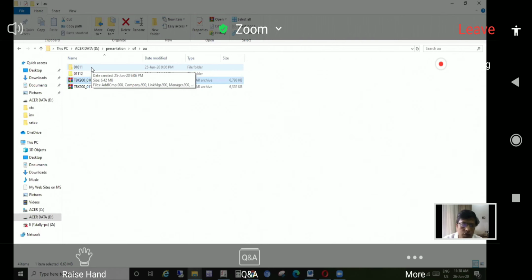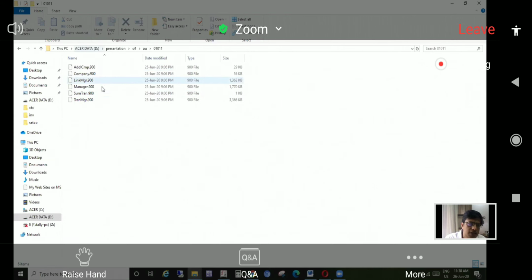Any data beyond 7.2 will have at least 5 digits of this number. I'll tell you briefly that these are the various files, and the data is in this link manager and trans manager. The entire transaction files are in this file, and mainly the link manager has the bill-wise details and the tracking numbers.